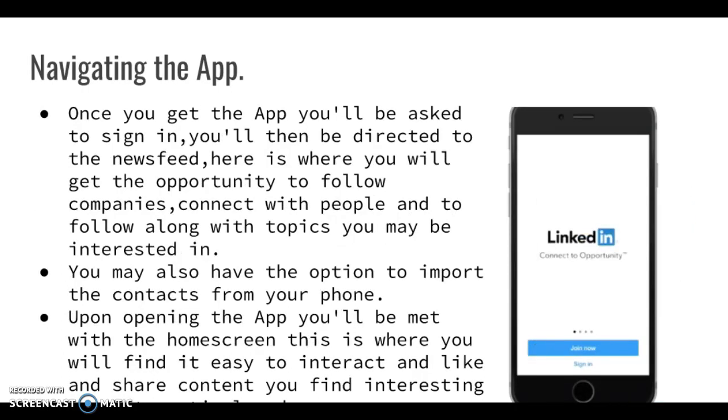Once you get the app, you will be asked to sign in. You will then be directed to the newsfeed. First-time users will be offered a quick tour of the latest features. You will then get the opportunity to follow companies, connect with people, and follow topics you may be interested in. You will have the option to import your contacts from your phone, and that'll help you to connect with